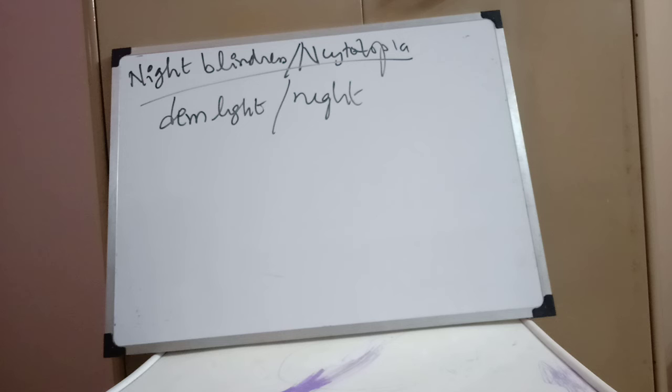One important thing to note here: we have been learning about night blindness since our school days, especially in first year, as vitamin A deficiency. Please do not say only vitamin A deficiency. Every professor knows that you are going to say vitamin A deficiency, so they look for other conditions. What are the other causes?